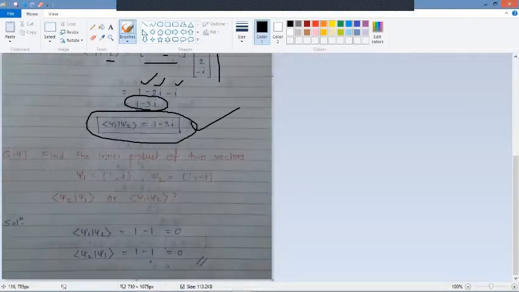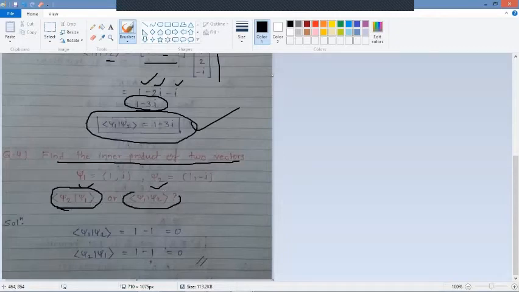So what is question number 4 here? Find the inner product of two vectors. Again here we have to solve the inner product. You can see here psi2 and psi1, and the inner product of psi1 and psi2. I'm not writing the full expression, I'm writing here directly 1 and minus 1. I have 1 into 1, and I. First of all you have to calculate it. I have calculated it here first.